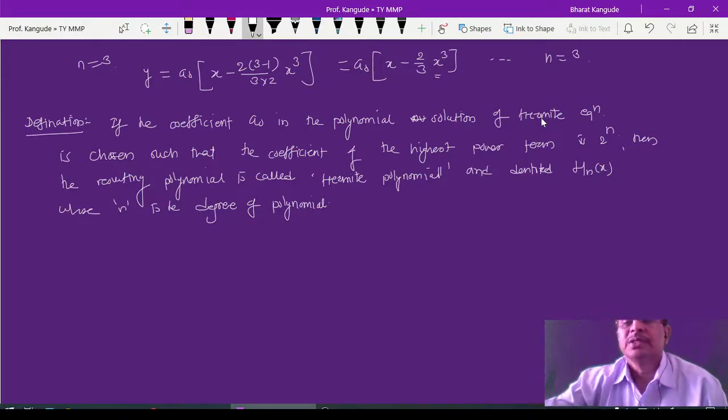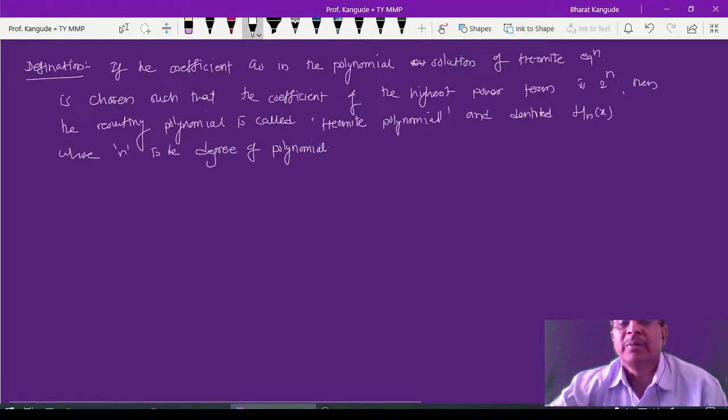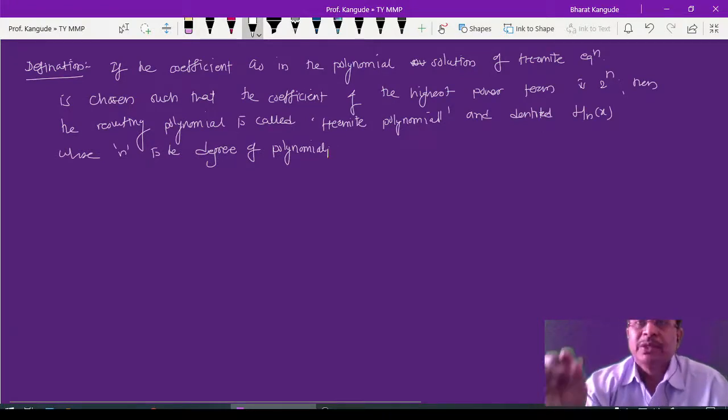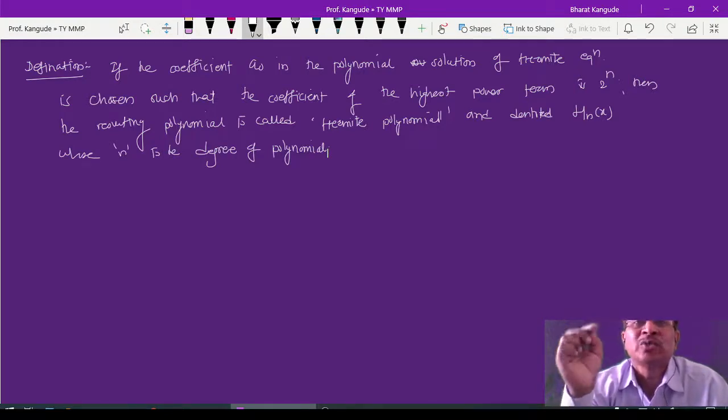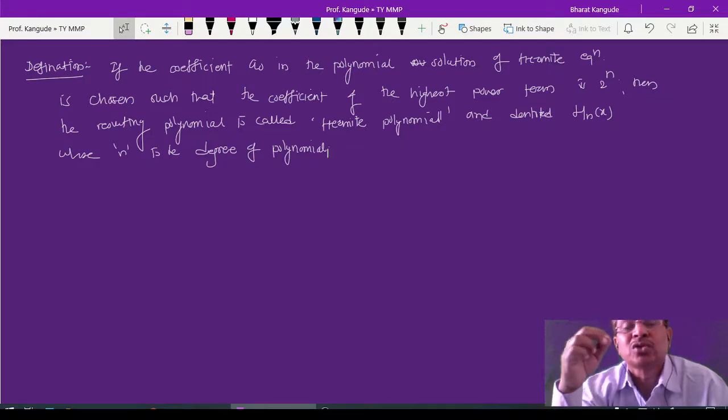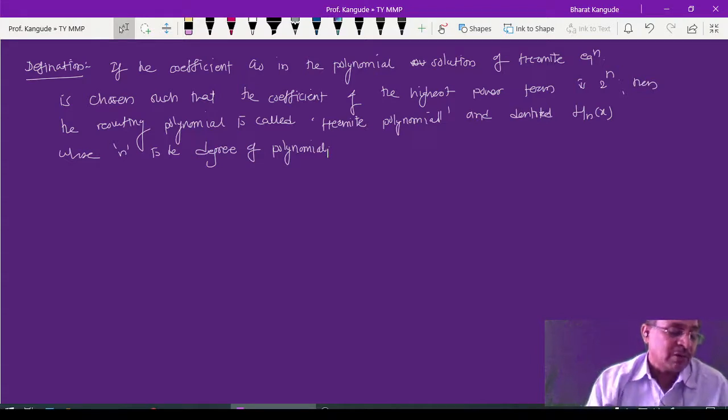Now we'll obtain this. So what is the condition? Just remember, select the particular polynomial, take the term with the highest power of x, and adjust a0 in such a manner that the coefficient of the highest power of x is equal to 2 raised to n. That means in the first polynomial it is 2 raised to 0, in the second polynomial the coefficient should be 2 raised to 1, in the third polynomial 2 raised to 2, and in the fourth polynomial 2 raised to 3, that is 8. This way we are going to calculate.